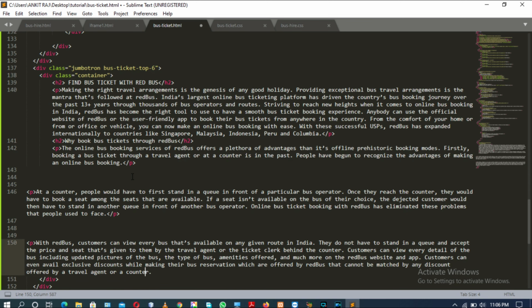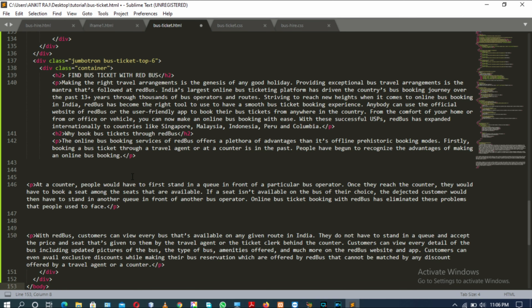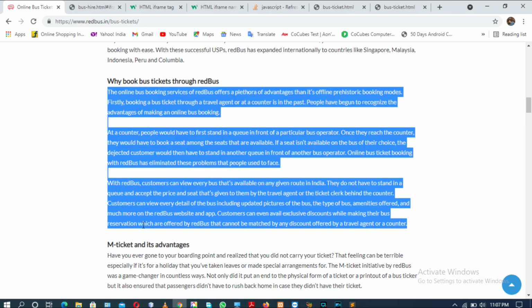Actually these are paragraphs, so I need to do that. Okay, I'm just copying it one by one, so wait for a minute until I copy it.